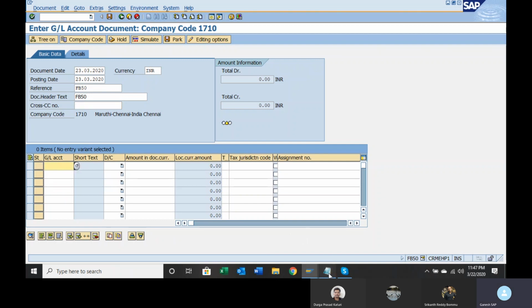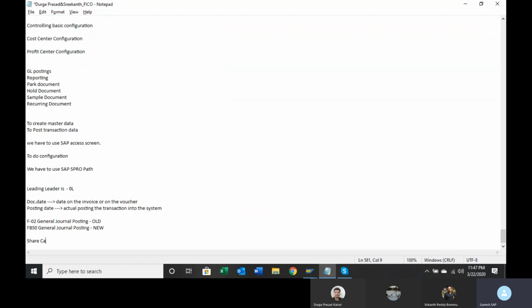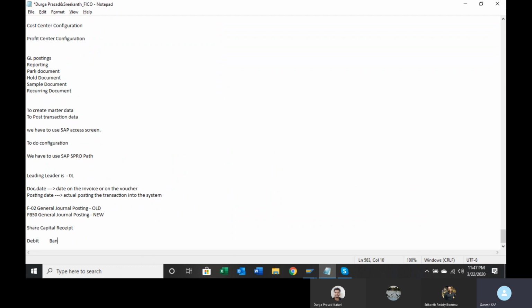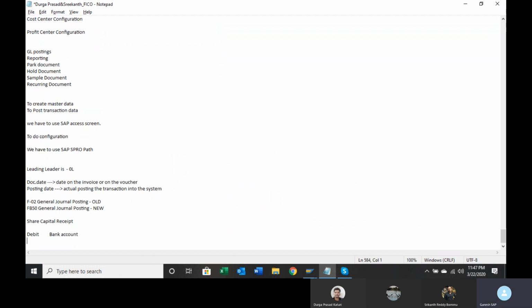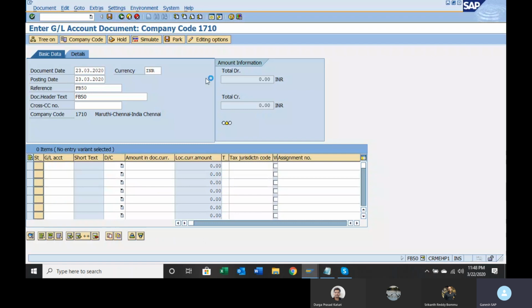Let us say I want to post the same one, share capital. Bank account debit, credit would be the share capital account. If you know the GL account directly, you can give it. Otherwise, go and select from the list.